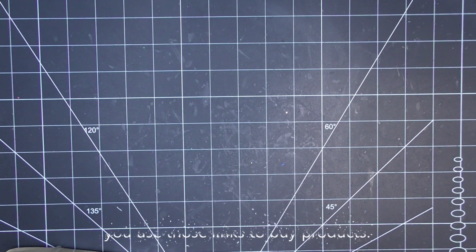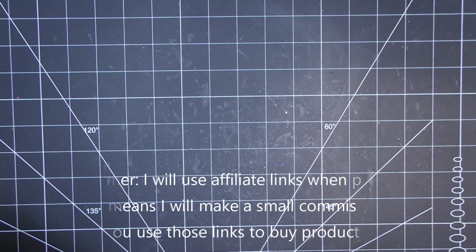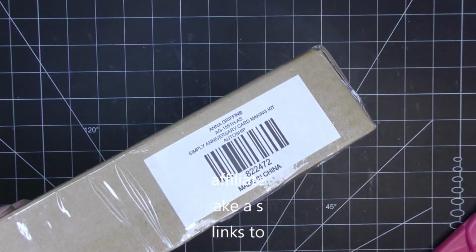Hi guys, so I was just delivered something that is a bit of a surprise. I was like, what is this? So it's an auto ship. It's an Anna Griffin auto ship through HSN, and even reading the site I still was kind of confused, but I think it has to do with